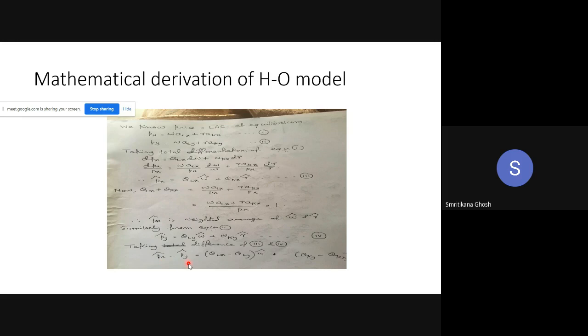Px hat minus Py hat, right? And that will be, if you just rearrange them, theta Lx minus theta Ly into W hat minus theta Ky minus theta Kx into R hat. Okay, there is an R hat. If you just write it in your copy, you can understand. If you take the difference between 3 and 4, that is 3 minus 4, then it will be like this. It's a little bit long equation. And from here, you can go,